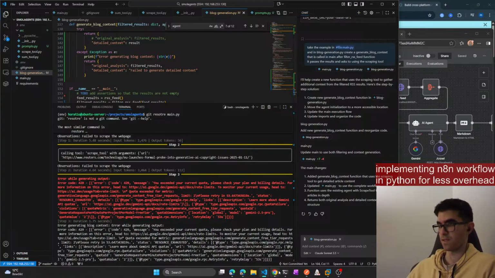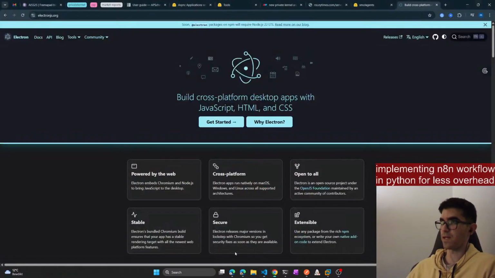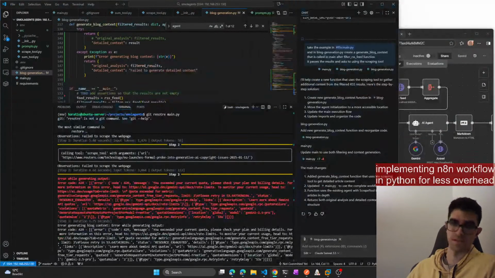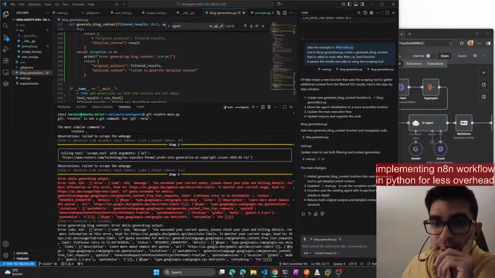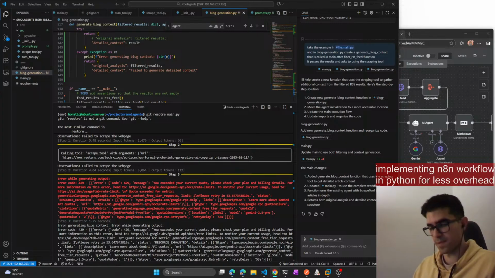Okay. So I think Gemini has, of course, a free API, but there's a rate limit, I think.